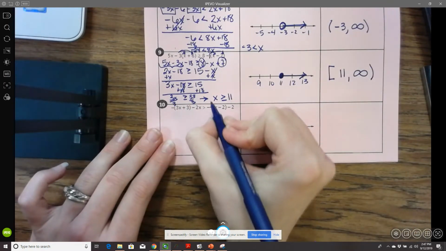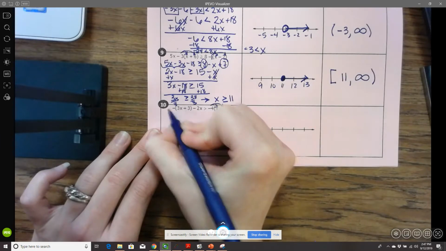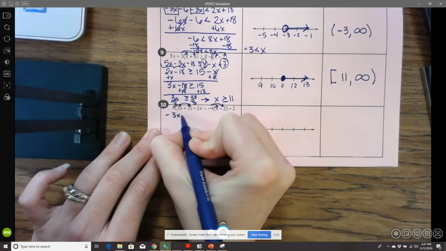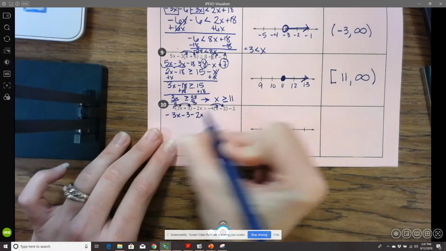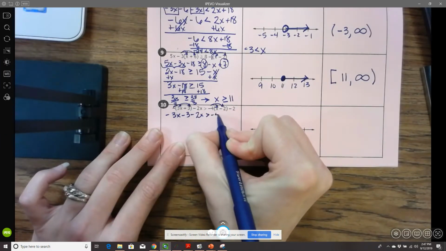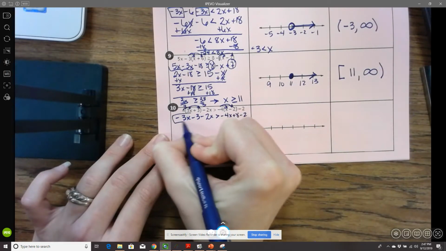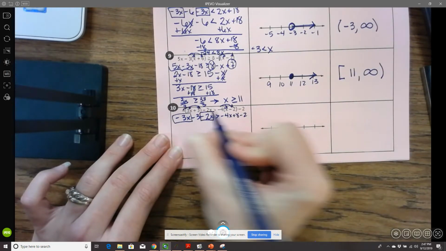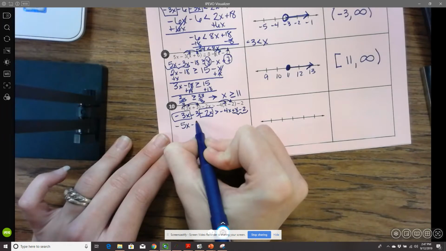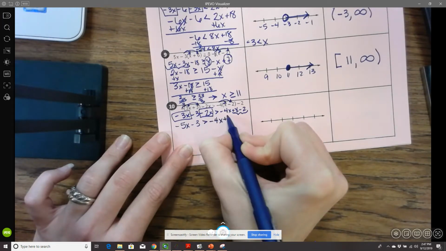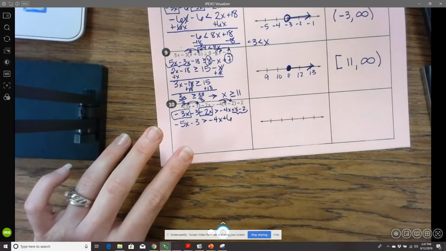All right, last problem here. We've got to distribute again. And again, it's like distributing a negative 1 over here. So this would be negative 3x minus 3 minus 2x, and then minus 4x plus 8 minus 2. Going to combine like terms here and then here. So negative 3 and a negative 2 is a negative 5x minus 3, then a negative 4x